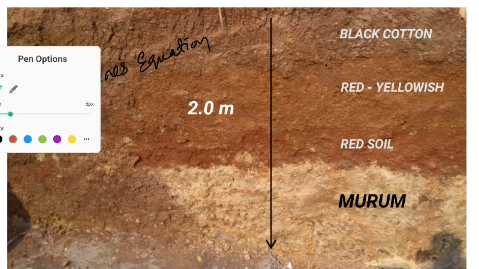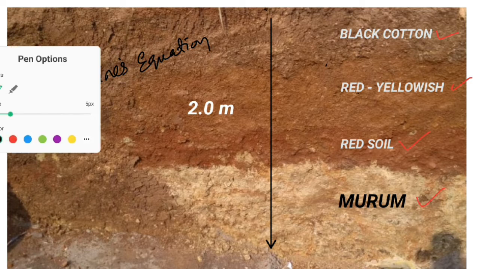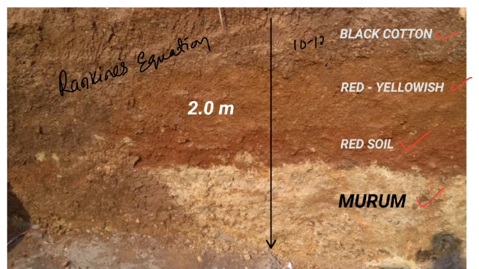Okay, here you can see the SBC of black cotton soil is different, this red yellowish soil is different, red soil is different, and muram is different. Already we all know that the SBC of black soil may be 10 to 12 ton per meter square, this may be around 15 ton per meter square, and here it may be 18 to 25 ton per meter square. We may get the SBC, especially in these types of soils. So here